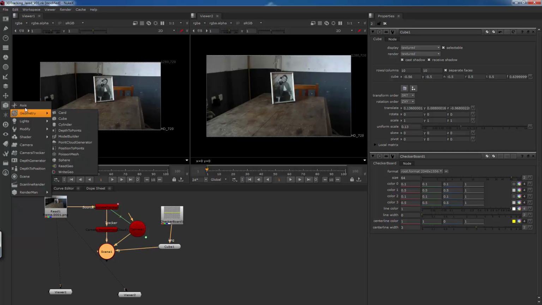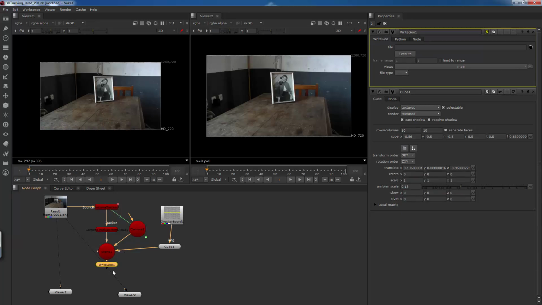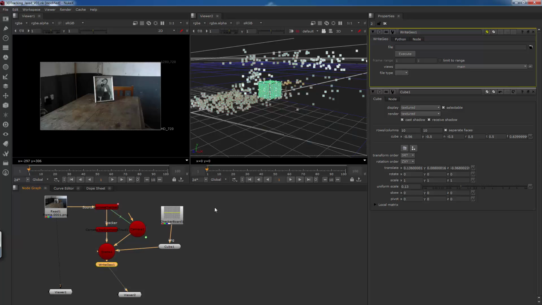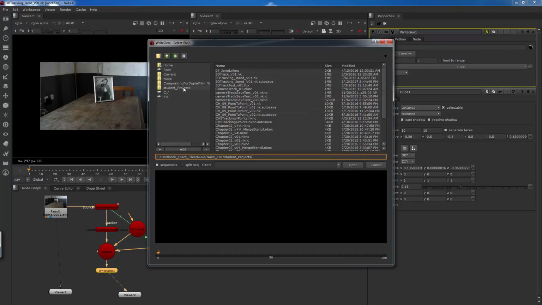I'll select the scene node. I'll go up to my 3D tools, and I'll go down to geometry, and I'm going to say that I want to write out the geometry. That's going to be the locators and all that good stuff. So I'll connect the viewer 2 to that. And that WriteGeoNode has to have some specifics in here, so I'll click the folder here. And I will tell it to go to the student projects. I'm going to call it